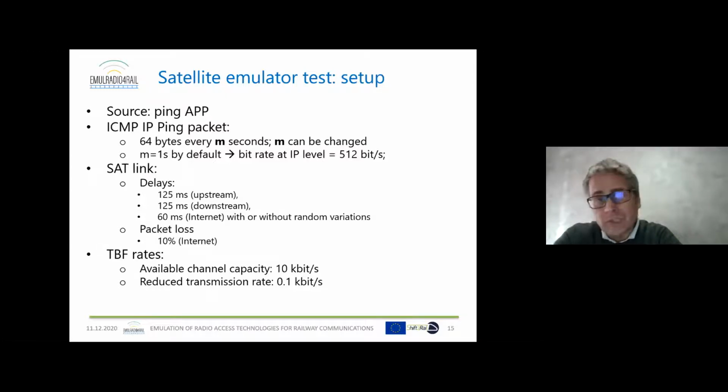We modeled the satellite link also with a packet loss of 10%, with the hypothesis of an internet connection using a wide area network connection. And here with the TBF rates with an available channel capacity of 10 kilobit per second and the possibility to reduce it to